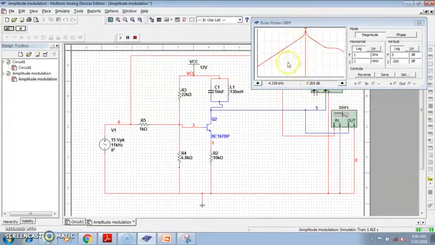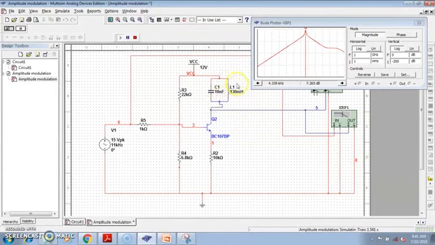This single tuned amplifier has a very important application in the receiver. In a communication system, many frequencies simultaneously reach the antenna, but the antenna has to choose only a desired frequency.